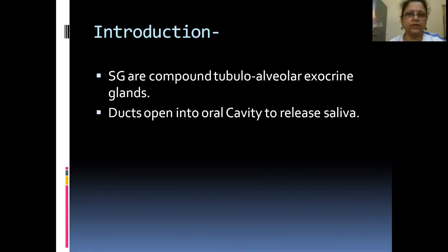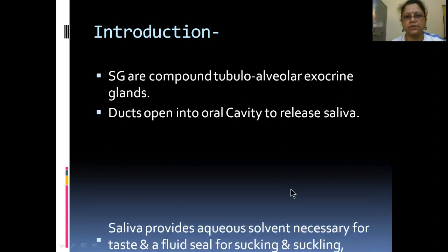So all of you, I think you already know, here lies the parotid gland, here lies the submandibular gland, and here lies the sublingual glands. Besides that also, there are some areas where you get small salivary glands. It is mostly what it does, saliva. It helps